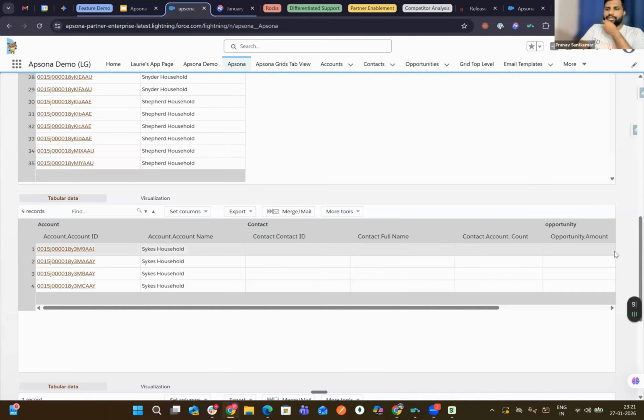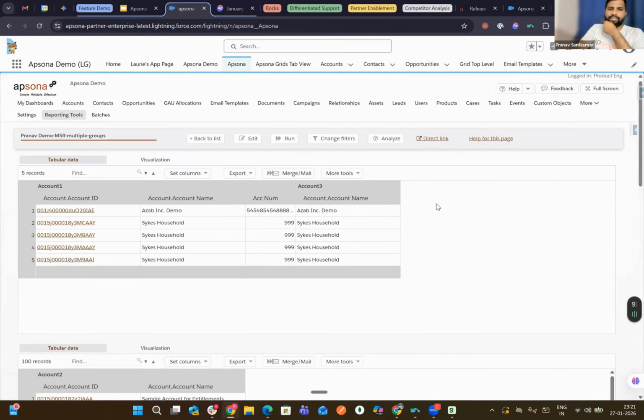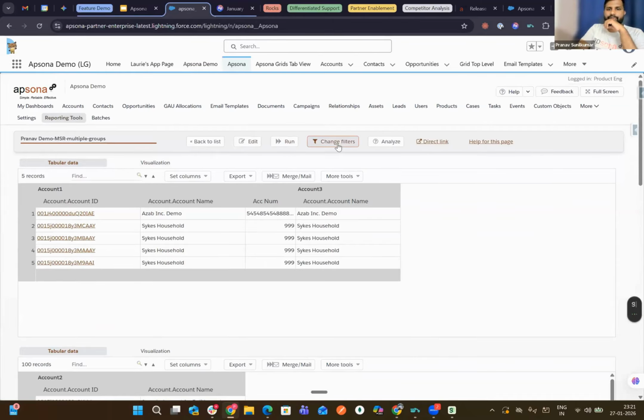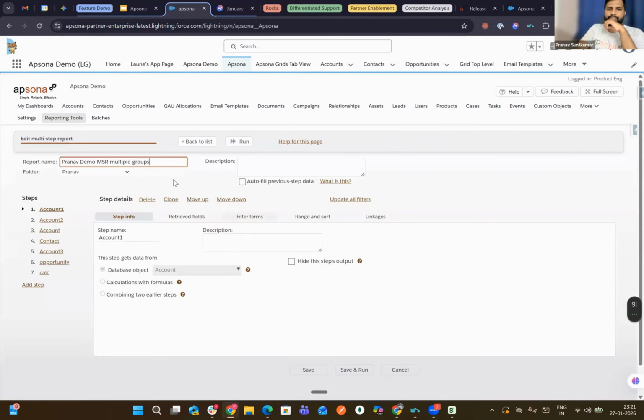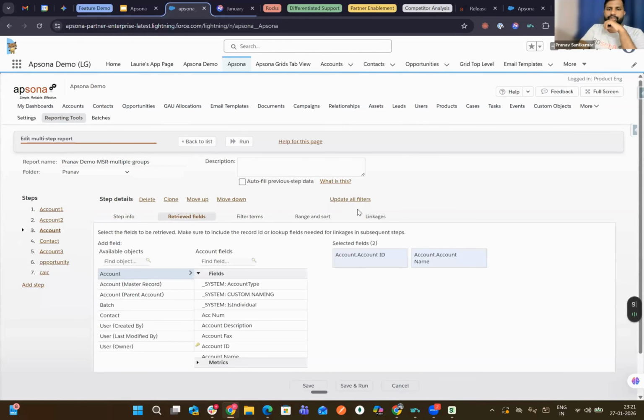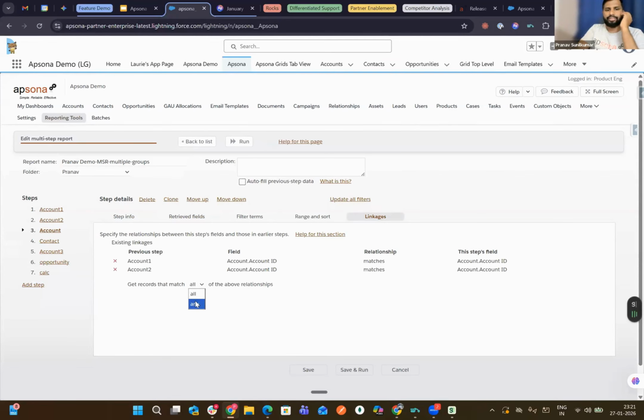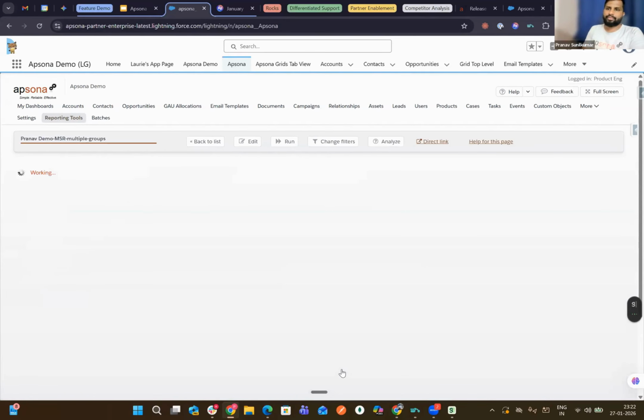Let's say if we change the condition in the linkages to any and run, we'll have all the 100 records, which is the combination between